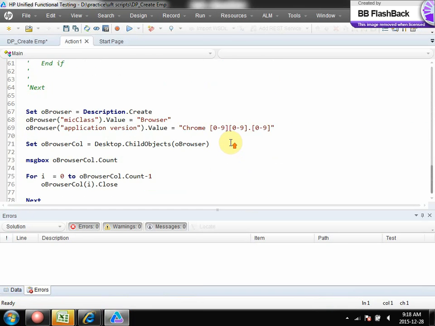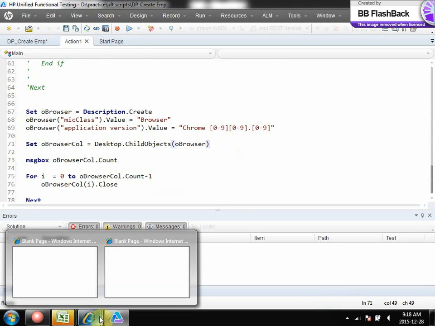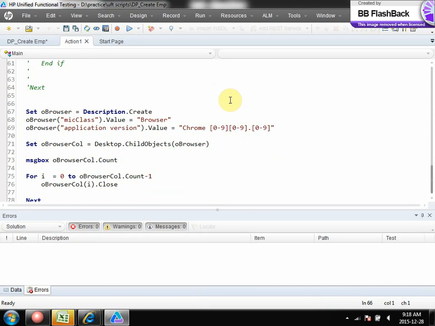Some problem. It closes only Chrome browsers and you can see Internet Explorer remains safe. So like this, you can close all the existing browsers. Okay. Then